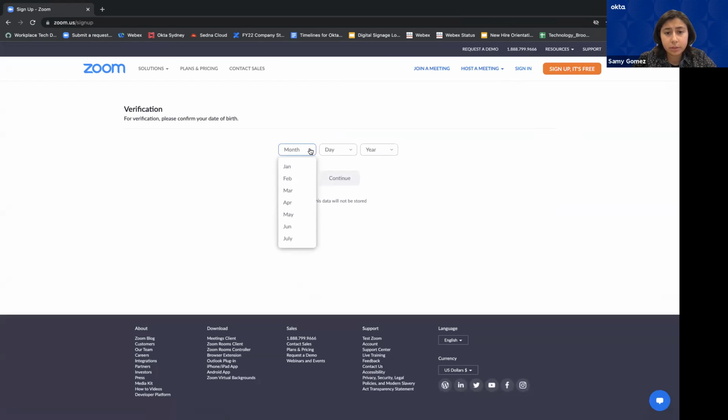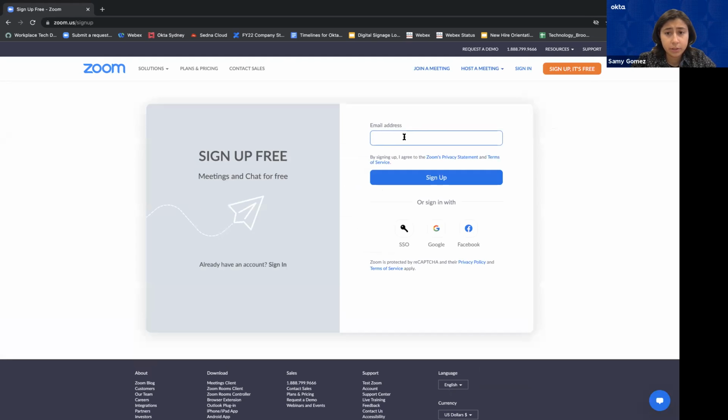Verification. So you will need to enter your information here. I'm just gonna create something really quick, but it will ask for your birth month, birth date, I'm just gonna put something random, and birth year. Go ahead and do continue. And then your email address. So kind of going back to where Angelo showed you how to create a Google account, if you have your Google account, go ahead and enter it here. And once you do that, go ahead and hit sign up. I won't put my information here, but once you get your email and you enter it here, go ahead and hit sign up, and you should have a free account ready and set.